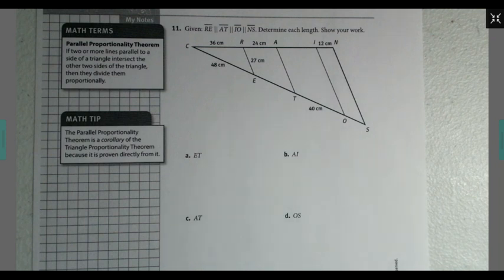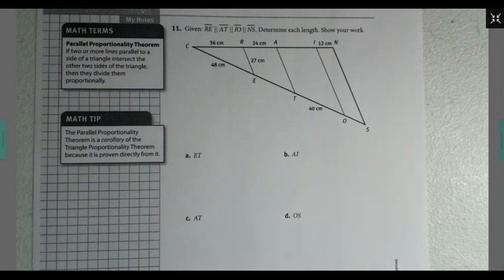Our last section covers questions number 11 and 12. It says, math terms, parallel proportionality theorem. If two or more lines parallel to a side of a triangle intersect the other two sides of the triangle, then it divides them proportionally. Math tip. The parallel proportionality theorem is a corollary of the triangle proportionality theorem because it is proven directly from